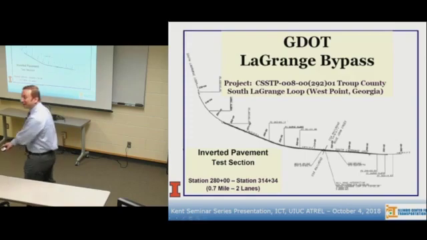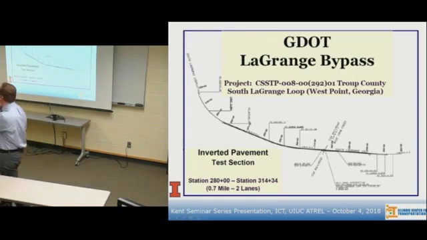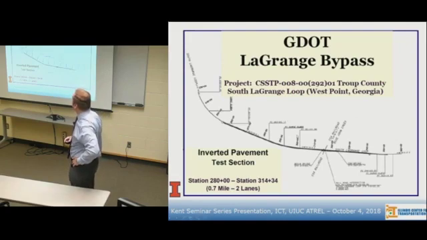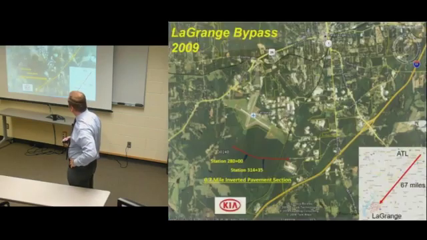Georgia DOT took on the request of actually the Georgia Crushed Stone Association, and in this case, there is a LaGrange bypass near the city of LaGrange, south of the city of LaGrange in Georgia, where Georgia DOT constructed a certain 0.7 miles here as an inverted pavement test section. That's the stretch of the actual project. Just to tell you where the project is,